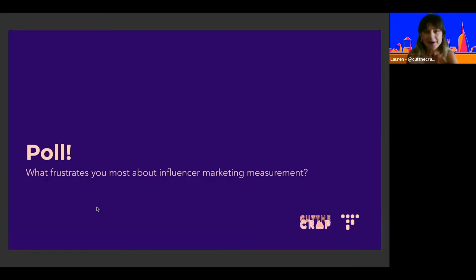And so when I think about measurement and the journey that I've been on to reestablish our global ways of working, that covers: how do we discover influencers? How do we contract them? How do we measure them? How do we track them? And how do we report back on them to our senior management? All of these things listed here for me are some of the frustrations that come with measurement and not having the right things set up.